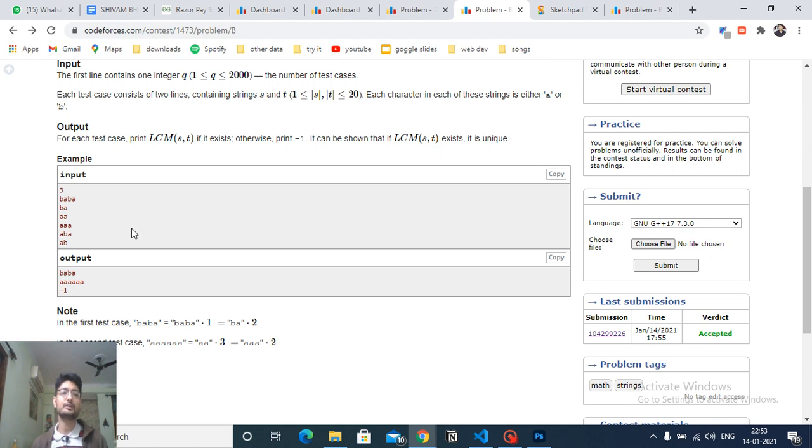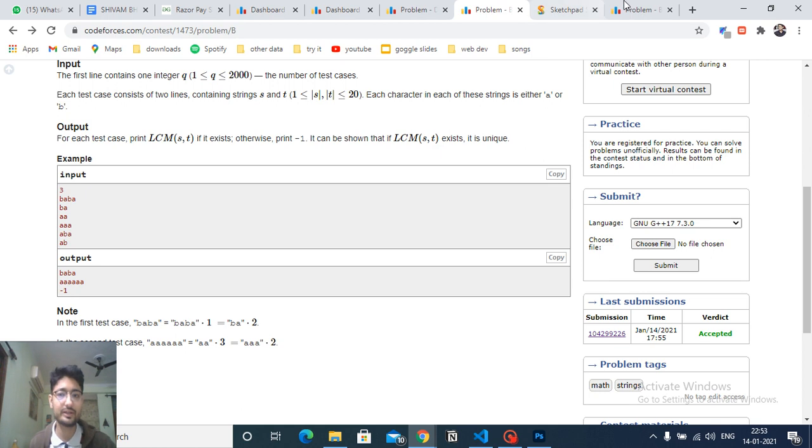If you can, because now I have the string of the LCM, you can replicate the smaller strings such that it fits in the total length of the LCM string. I hope you're getting my point. And then you have to find out whether the longer string among these two, you can also do the same with the LCM string. If you can find out that both of the strings can be fitted in the LCM string, then the answer is yes, and the LCM string you know, else the answer is no.